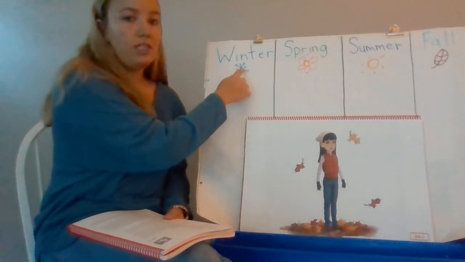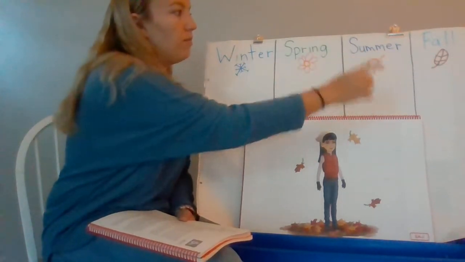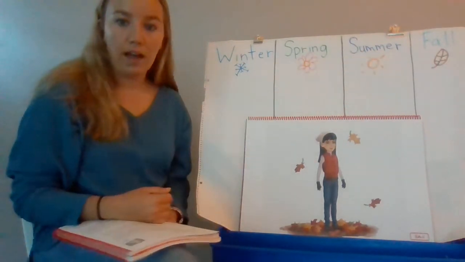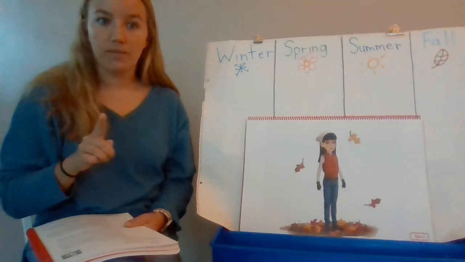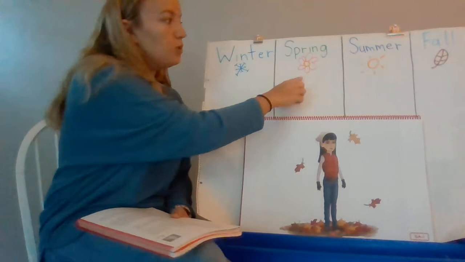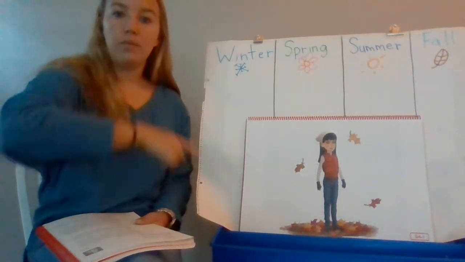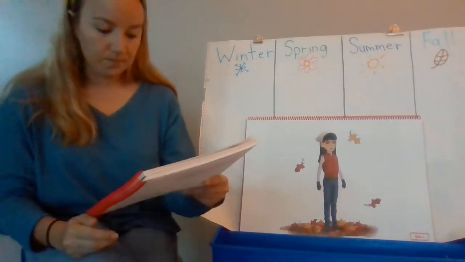So we call the first season winter. So they go winter, spring, summer, fall. Winter, spring, summer, fall. And these are the 4 seasons we have in 1 year. Okay, so we'll have the season of winter once in 1 year, spring once in 1 year, summer in 1 year, and fall in 1 year, and then it'll be a new year and it'll start all over again.